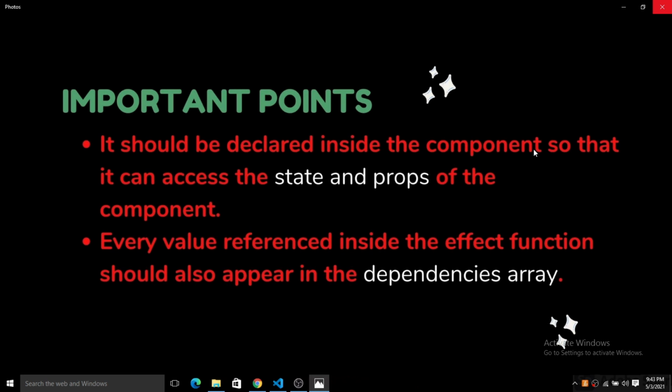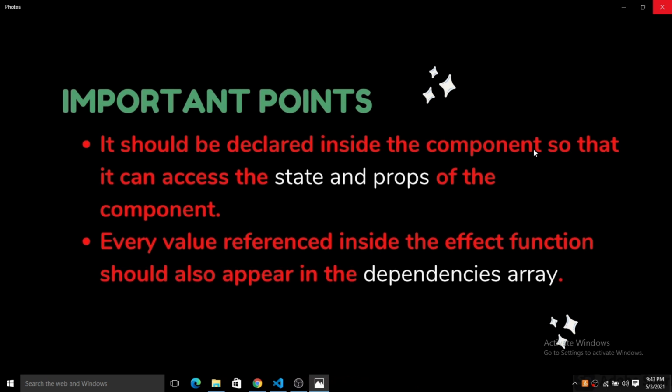So when you declare the useEffect hook inside the component, it can easily access the state that you have declared already using useState, and it can simply access the properties that you pass from a parent component or a child component, right?